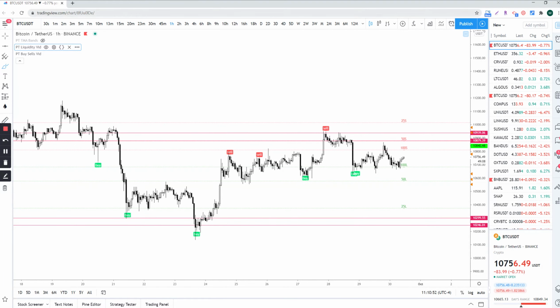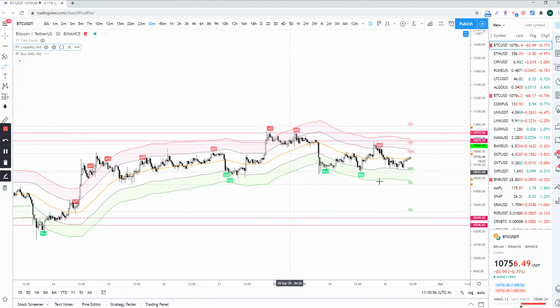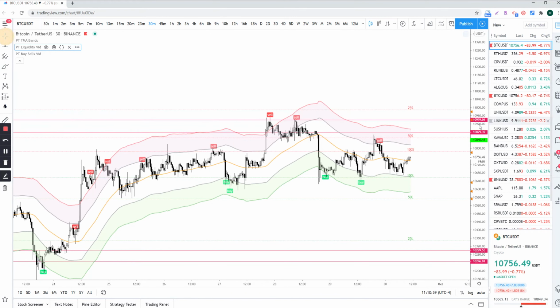All right, let's go back into my scalp. So how I use it. So this is my setup, right? My TMA bands. I identify